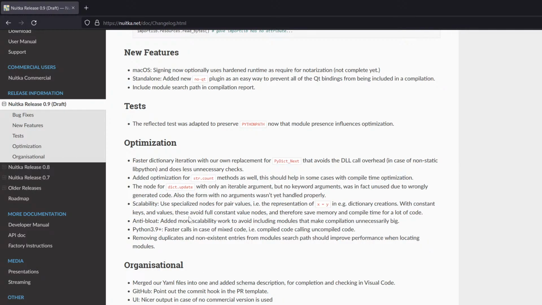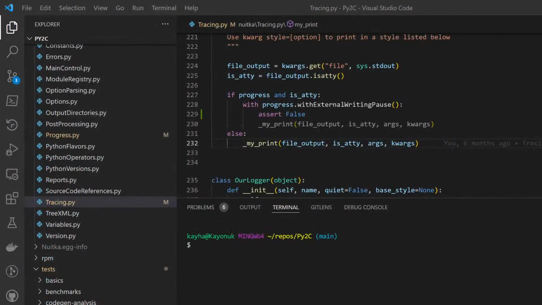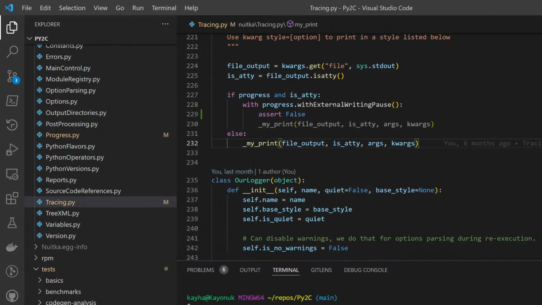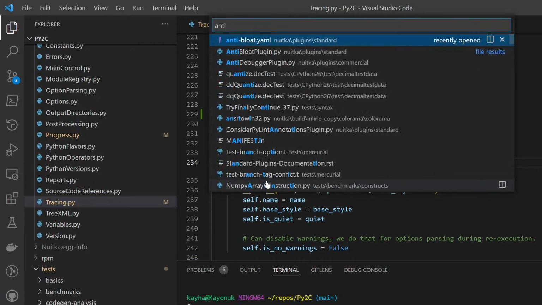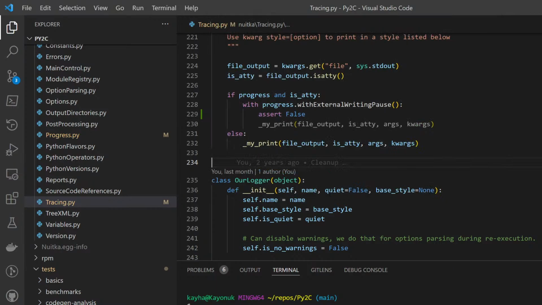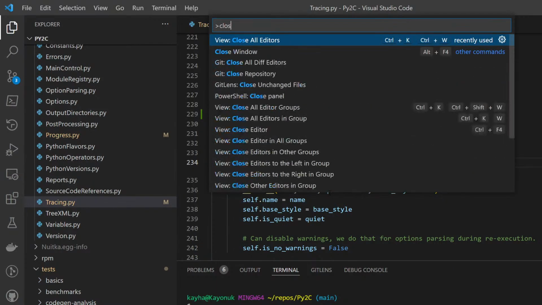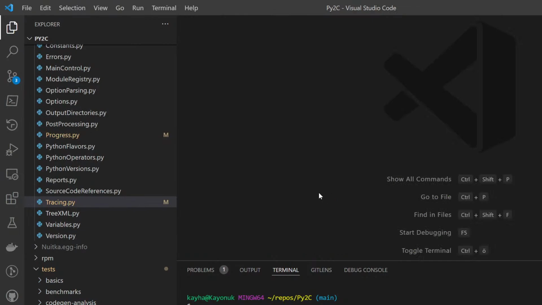But basically adding support for Torch, let me do it here. Debugging some sort of problem here. Anti-bloat, no, that's because this one is the Visual Code from my CI machine, or maybe my former CI machine.